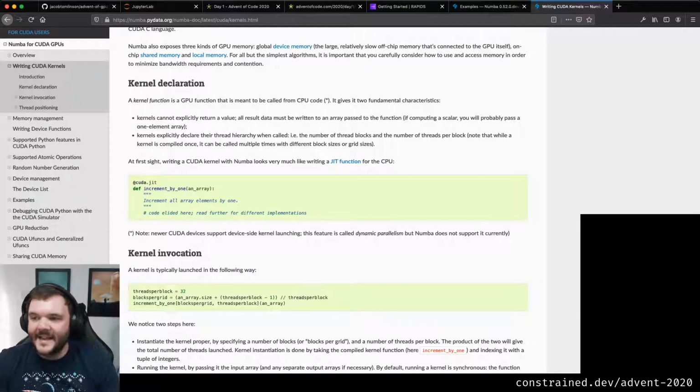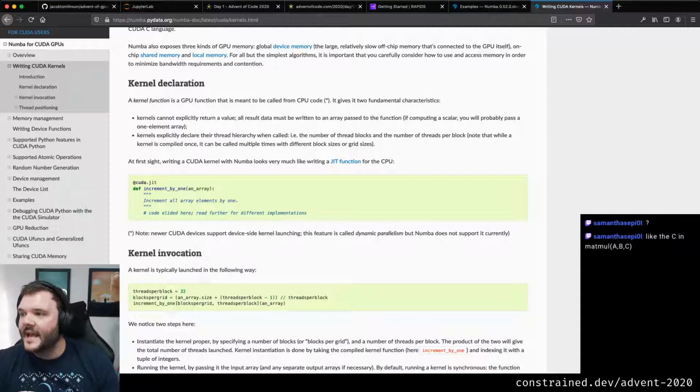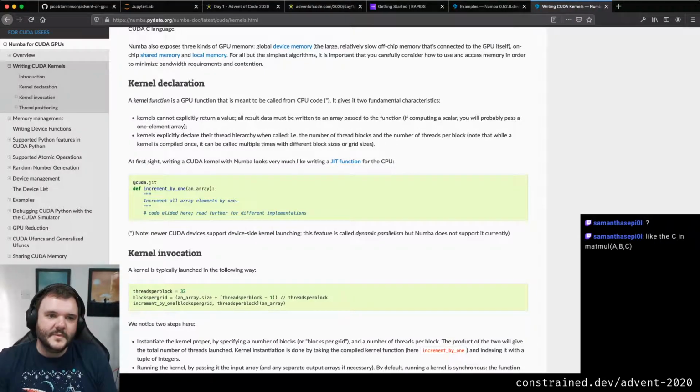So instead of returning anything, it's almost a bit like a side effect, which is generally bad in Python, but it's got this side effect of changing what's in the array. And so instead of returning, you have a look at the output array. Yeah, exactly. I didn't read that example super in depth, but yes, I think that is the idea, right? You take array A and array B and you multiply them together and you get array C out the end, but there's no return in there.